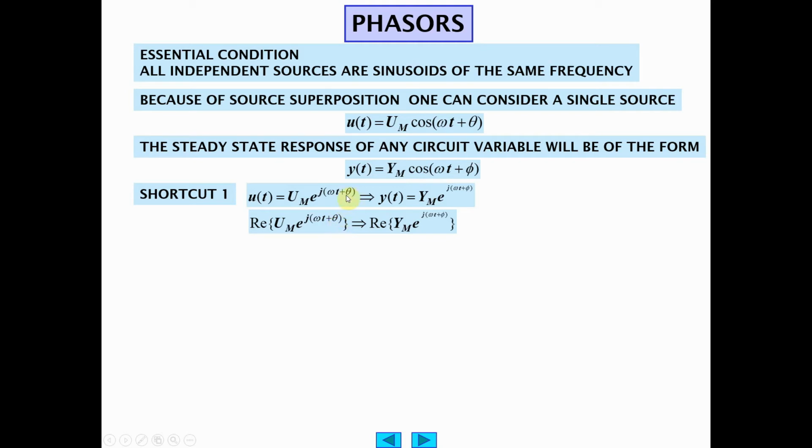Notice two different phase angles, theta for the source, phi for the response. There will be a phase difference between the response and the source functions. We rewrite the source function like this, and we get this here. We're defining new variables that little u is going to equal to